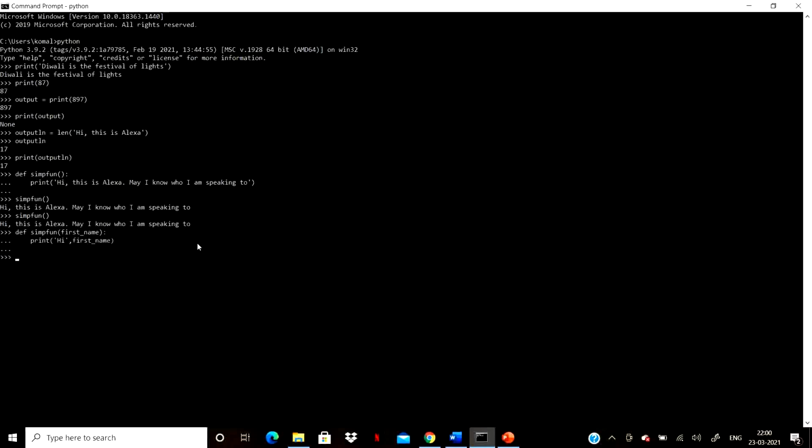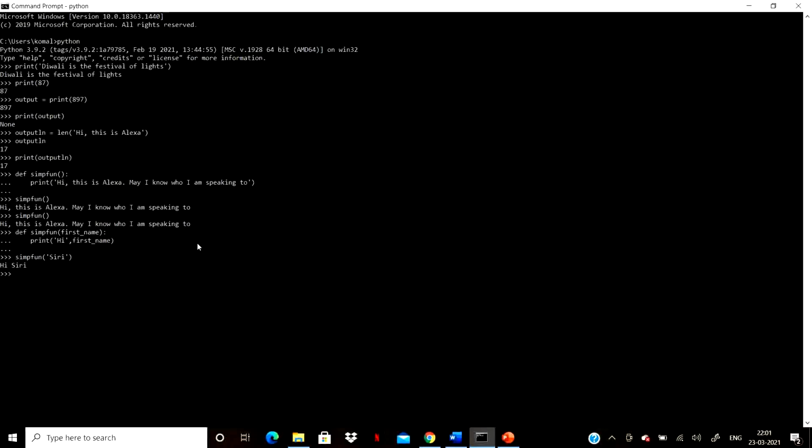Let's call out the function. Since we are giving the value Siri to first name and it is a string variable, we have put it in single quotes here and called out the function simpfun. It is doing exactly as we have defined it when we were creating the function above, to print hi and then the first name.